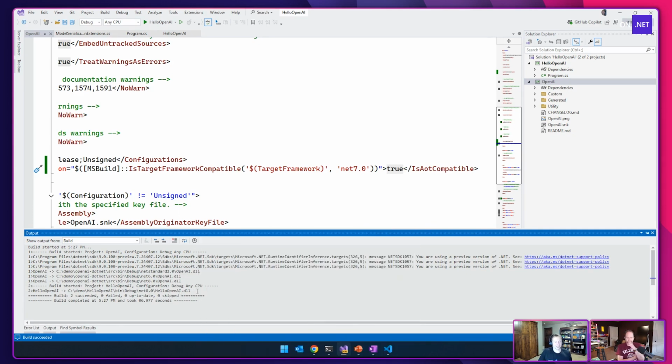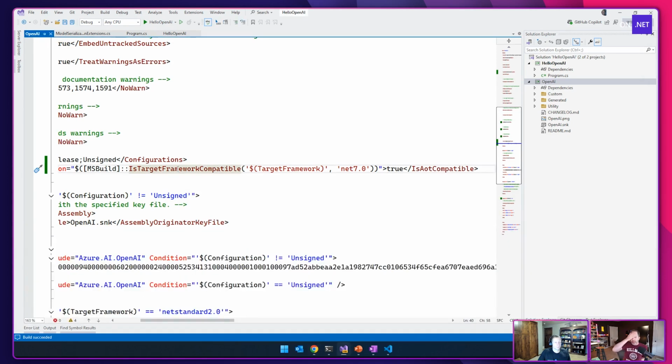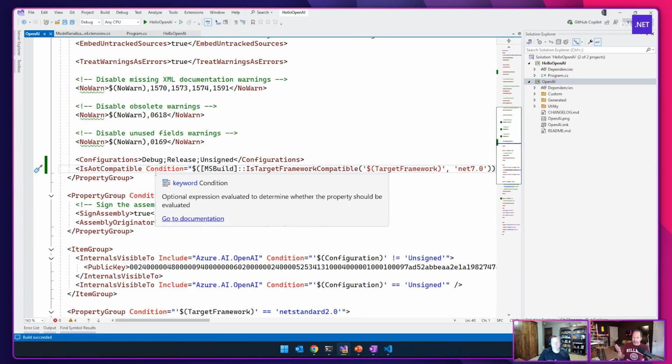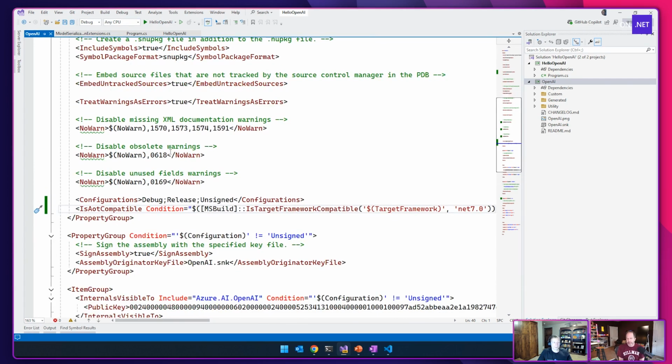So I built. What I like about that also is, not only are you showing for people who may not have got to this level of editing their csproj with MSBuild conditional things, you could have just arbitrarily upgraded this thing without that condition and left them in a spot where they would not be able to target 6 anymore, and now they can do both. Very inclusive of you. Good job.